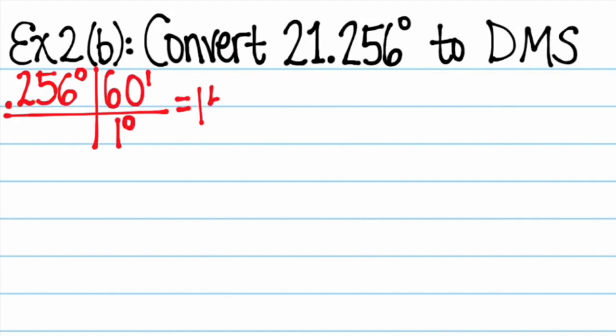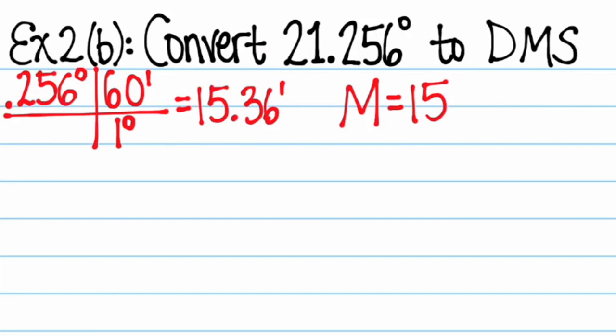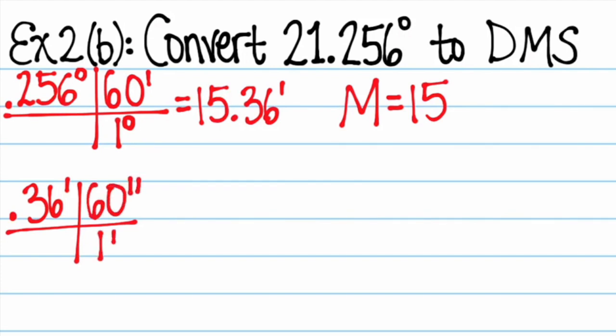0.256 times 60 minutes will give us 15.36 minutes. I'm going to use a capital M and say M equals 15 because that's the whole amount of minutes I have. Now I'm going to take the 0.36 minutes and figure out how many seconds that is. 0.36 minutes. I want to get rid of minutes and go into seconds. That means minutes needs to be in the denominator and seconds has to be in the numerator. After we cross out the minutes, 0.36 times 60 in the calculator will give us 21.6